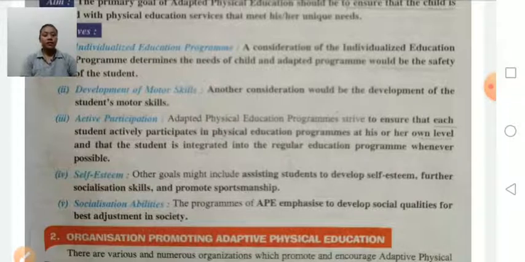Self-esteem means developing self-confidence. Adaptive physical education also helps the student to develop self-esteem, to develop confidence in himself, and further develop socialization skills and promote sportsmanship.